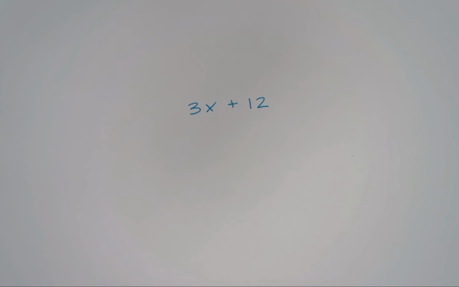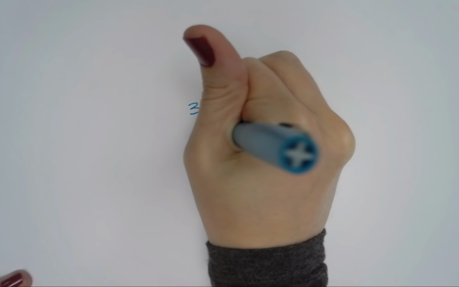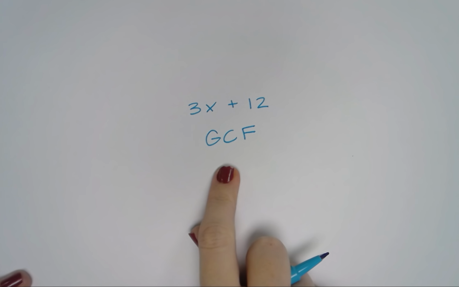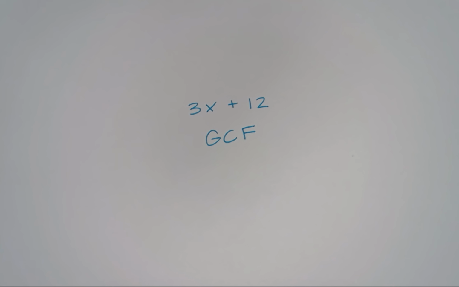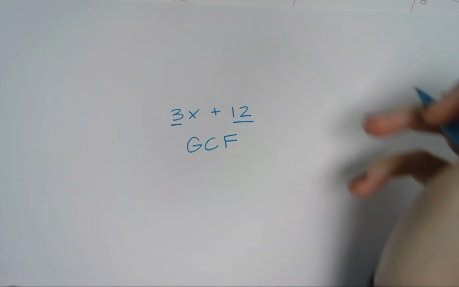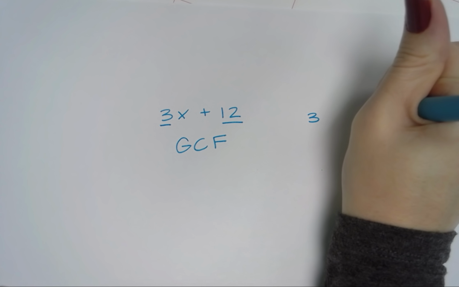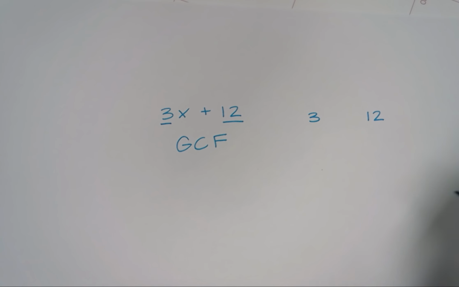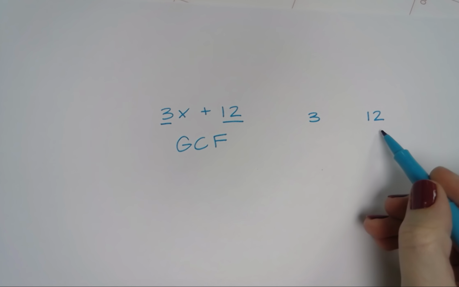All right, so I'm trying to find a common factor, the greatest common factor, GCF, and I'm going to pull it out of the expression. So in this case, I'm looking at the numbers 3 and 12. So over here, I'm going to write 3 and 12. Now, to find their greatest common factor, some of you might just already know that it's 3. Because 3 can go into 3 and 3 can go into 12, and that's the largest number that can fit